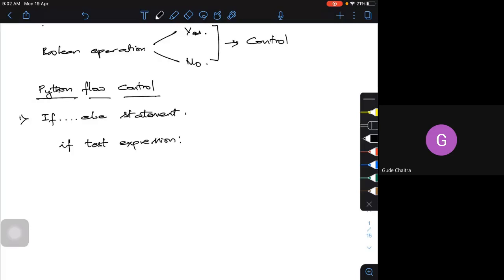Then I can have n number of statements following. This is the simple form of using the if-else statement. This is nothing but a decision making statement.